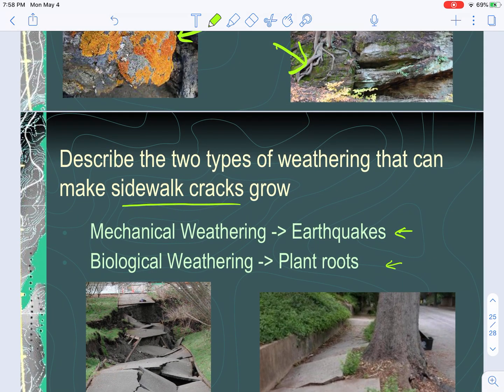And that wraps up our topic 3. You can take a look at Bill Nye and